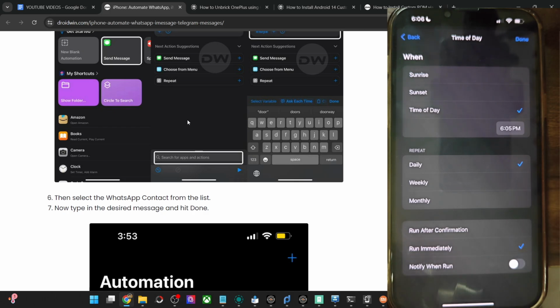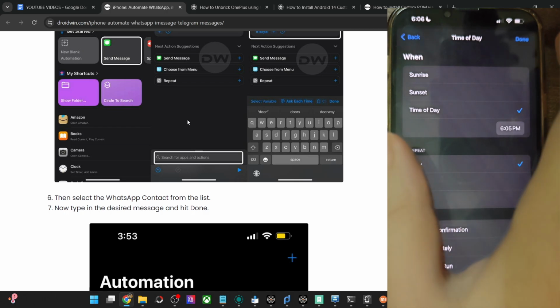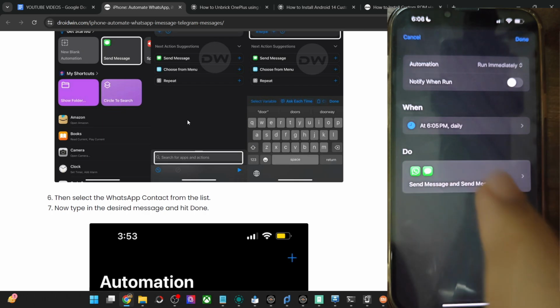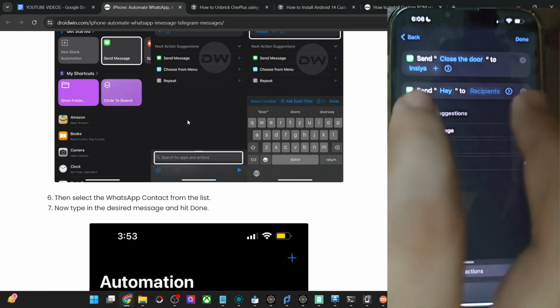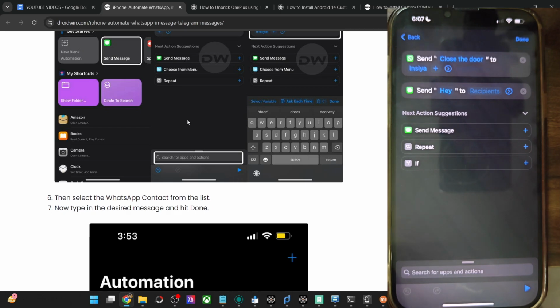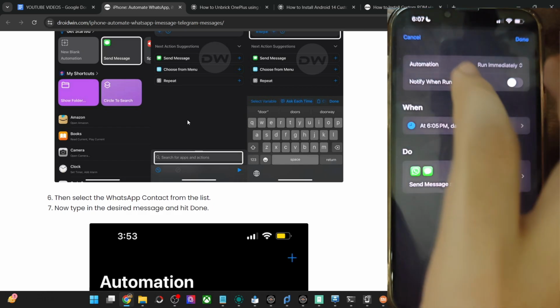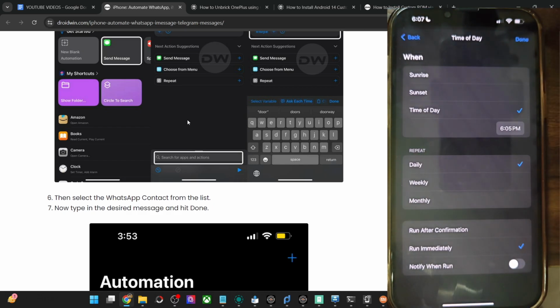I don't know why iPhone has not added a yearly option. If a yearly option was there, we could have chosen it, modified the date and time, added the happy birthday message, and then chosen a contact, and every year at that time the happy birthday message would have been received by the recipient. But unfortunately, the option to add yearly is not there for some reason.